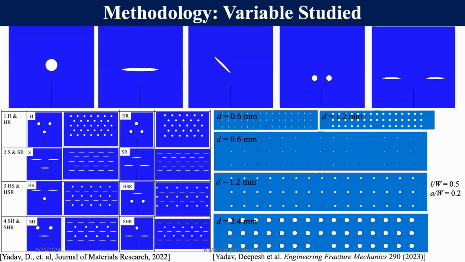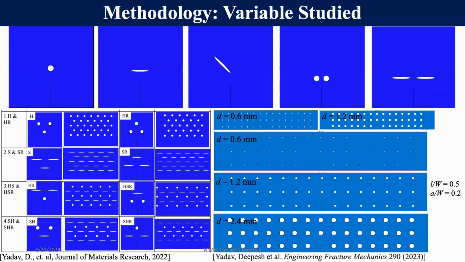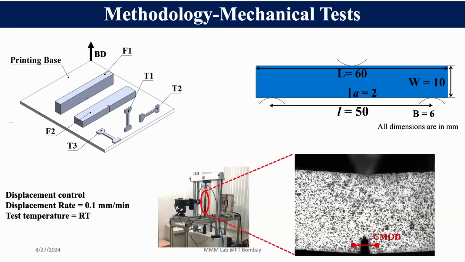So that's the methodology. Then coming to the mechanical test, we create the architecture in two ways: by laser cutting or by additive manufacturing, because these are very conventional processes and easy to use. The 3D printing itself has some inbuilt architecture, so we need to quantify those also, and quantify the mechanical properties